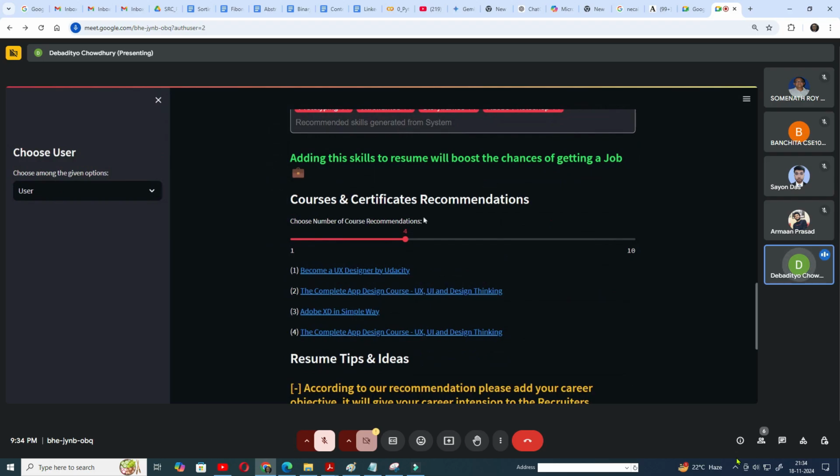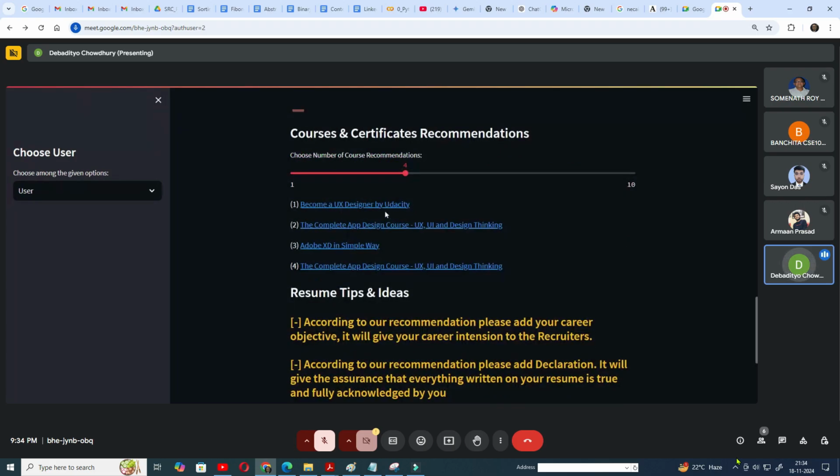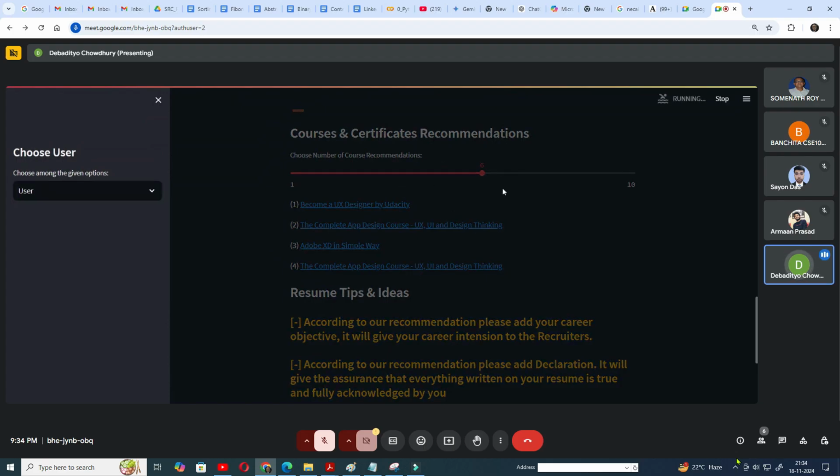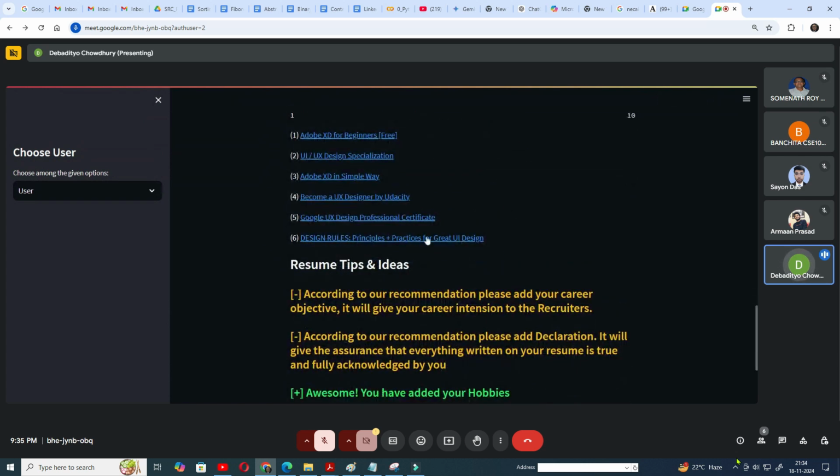The courses and certifications which can be recommended for this job would be how to become a UX designer, the complete app design course, or Adobe XD. More courses can also be shown here by sliding our slider. These are some of the other